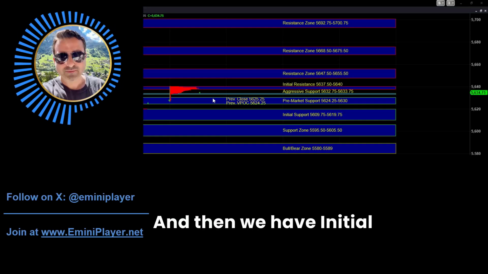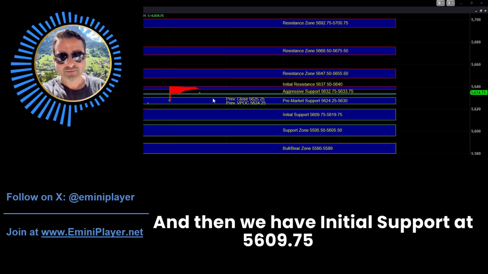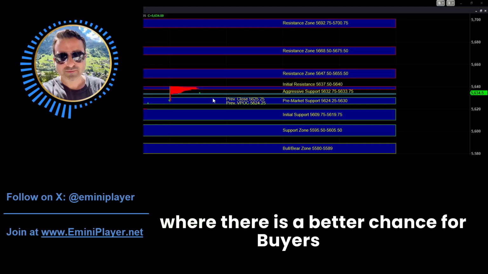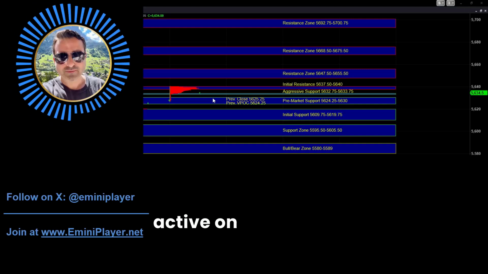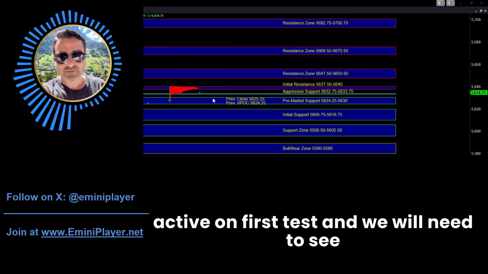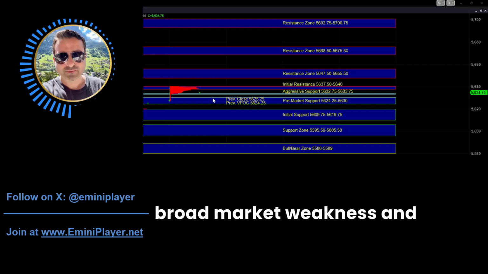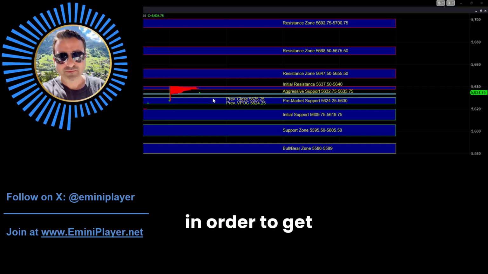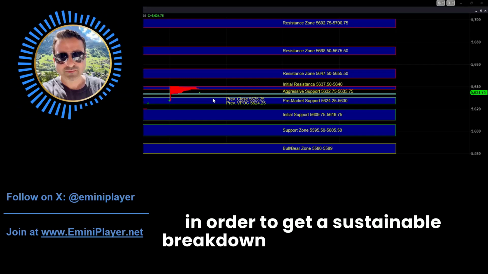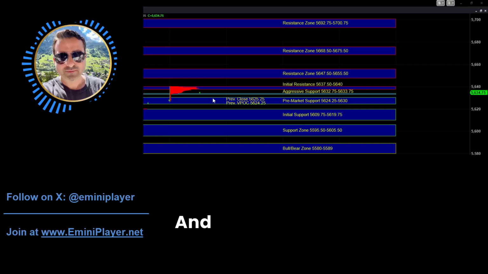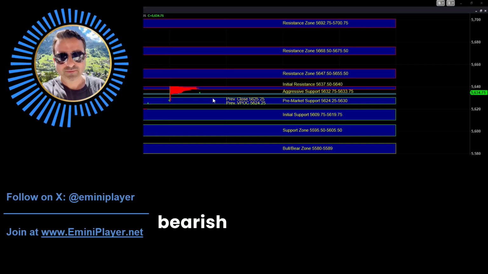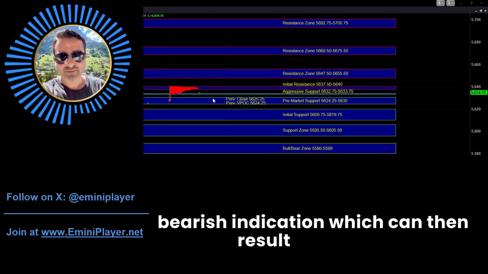And then we have initial support at 56.0975 to 1975, where there's a better chance for buyers to be active on first test, and we will need to see broad market weakness and some level of sustained downside momentum in order to get a sustainable breakdown below initial support. And a breakdown below initial support would be an intraday bearish indication, which can then result in a test of